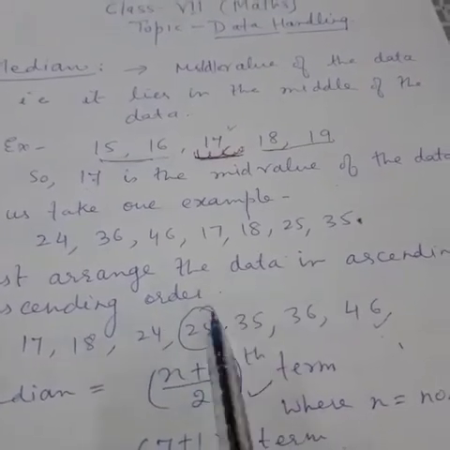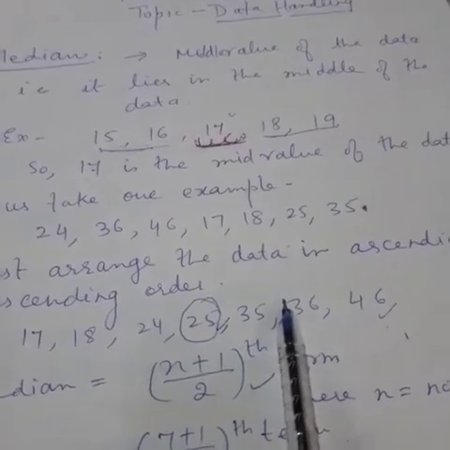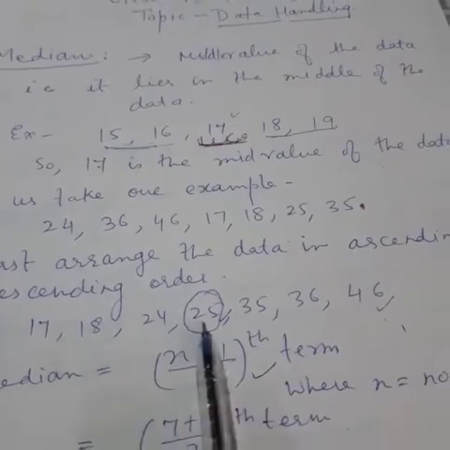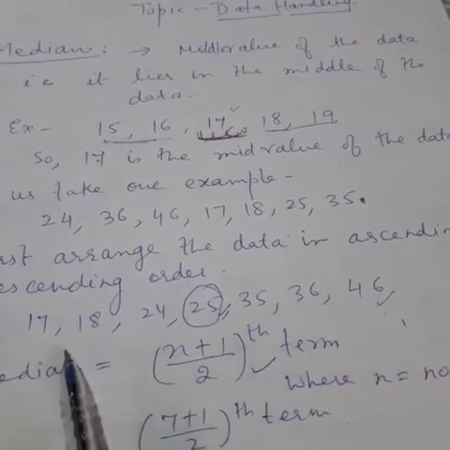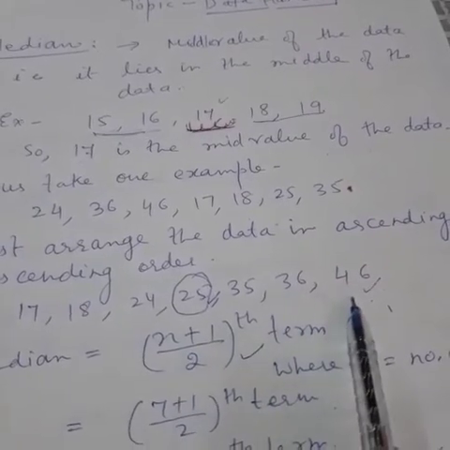If we don't arrange them in proper order, the mid value will go wrong. So let's arrange the data in ascending order: 17, 18, 24, 25, 35, 36 and